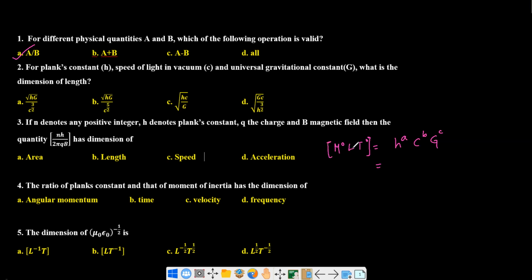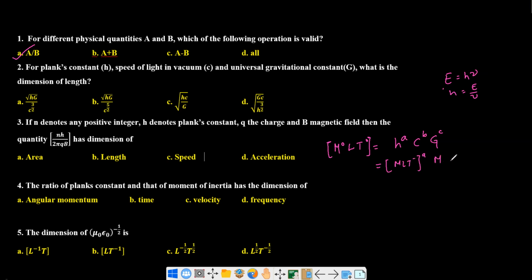Your h is M L squared T power minus 1. Why? We know E equals h nu, and so h equals E by nu. So this is M L T minus 1 to the power a,